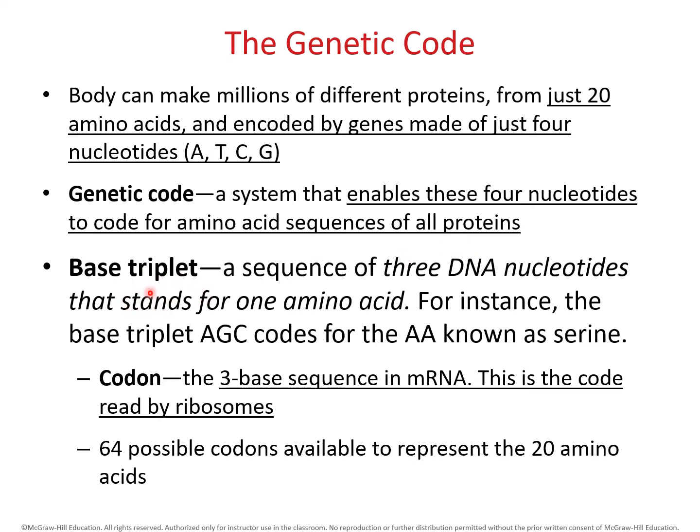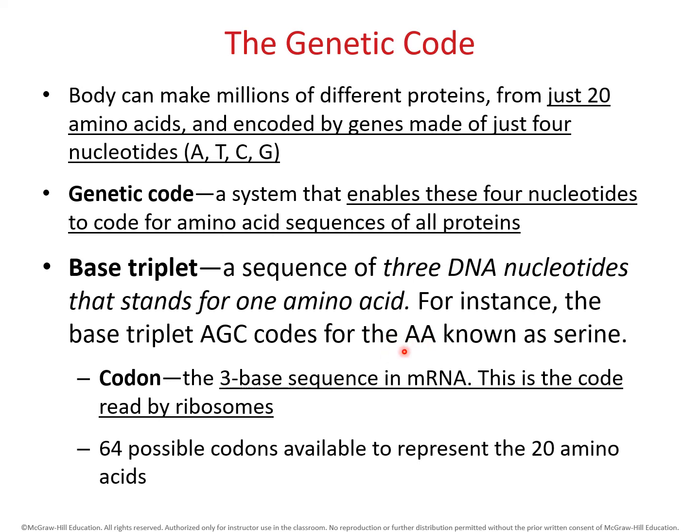Now, there's something called a base triplet as part of DNA. So what is a base triplet? Well, you already know what a base is. A nitrogenous base is going to be one of these four. Triplet just means three. So basically what we can do with the DNA molecule is divide it into what we call base triplets, which would be just a group of three bases. And what has been found is that in DNA, it is these base triplets that will code for a single amino acid.